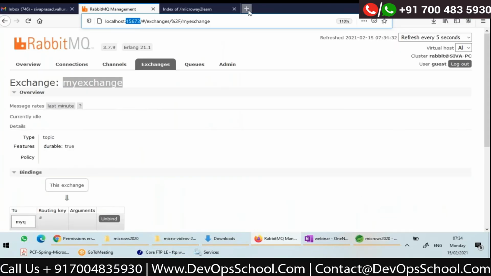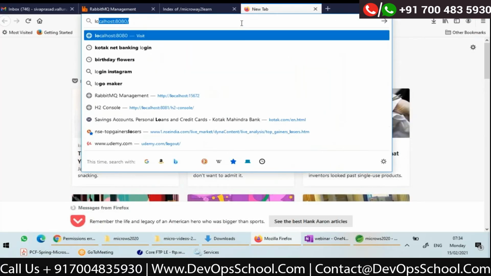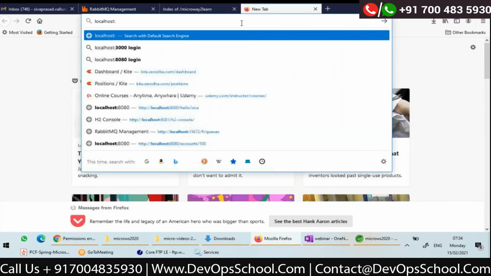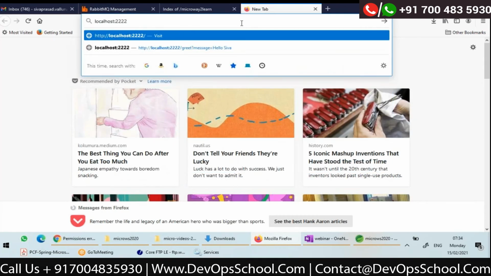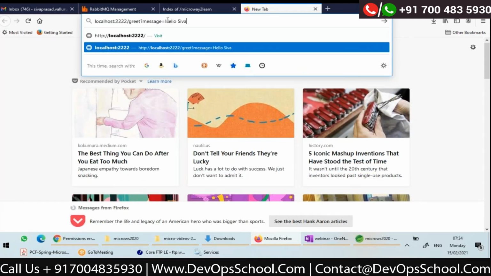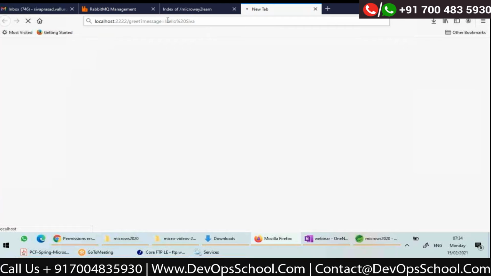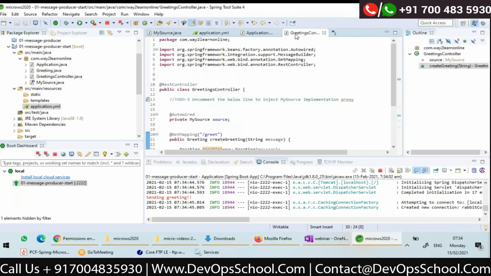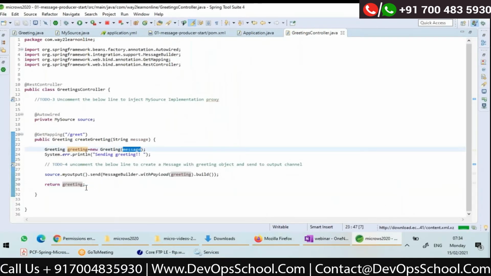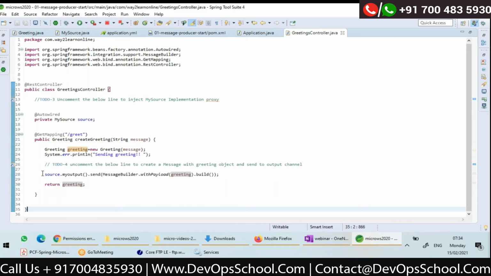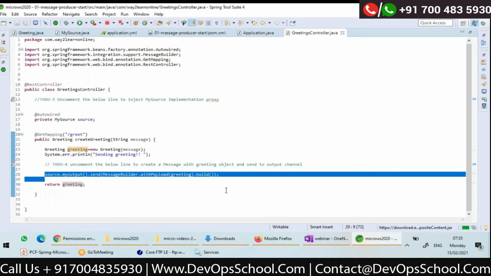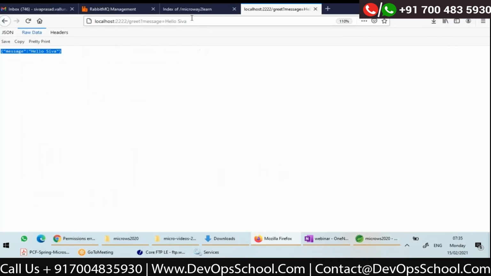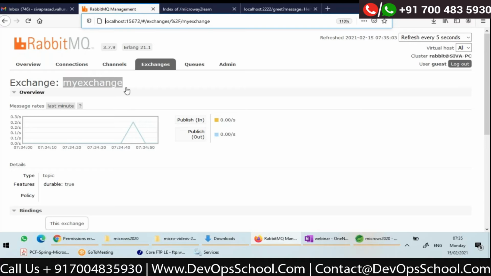Okay, now let me go and give a request to localhost 2222/greet and message is equals to hello. So I got the same as a JSON response because in my controller, anyway, I'm just creating a greeting object using the message and returning it. But I should see that the message is sent to Exchange. Let us check. Here in RabbitMQ,